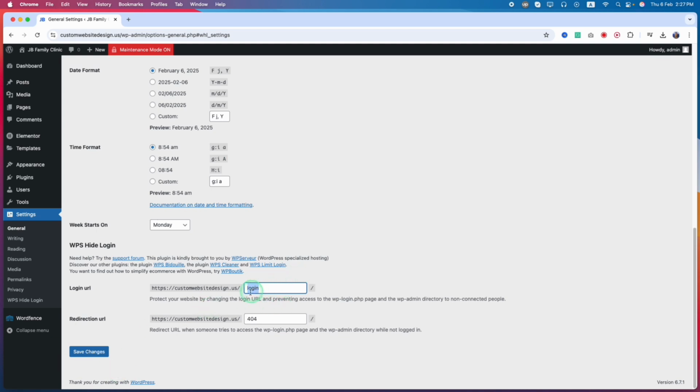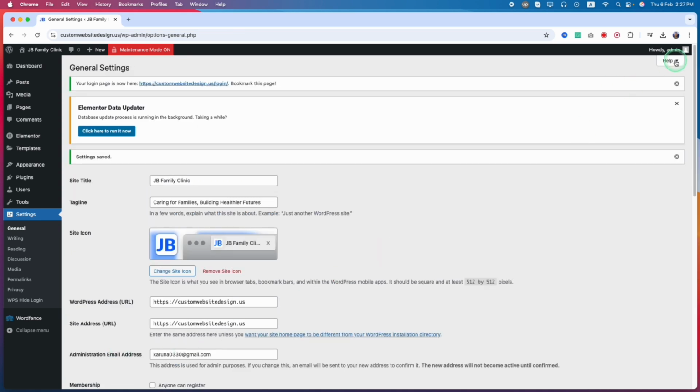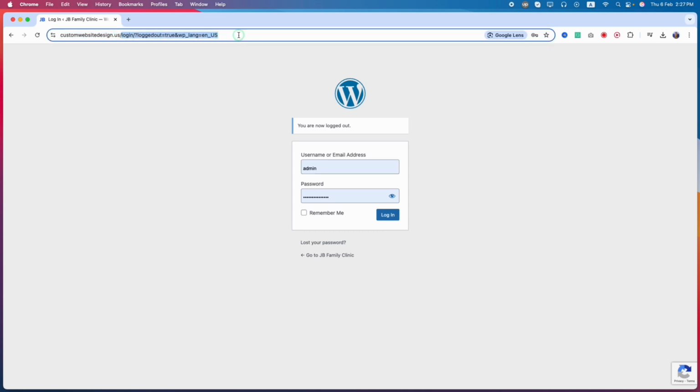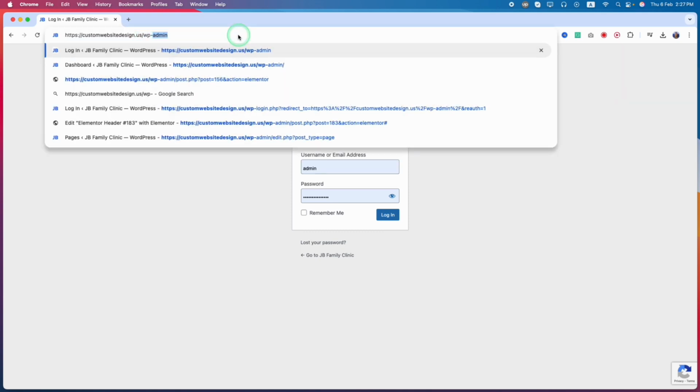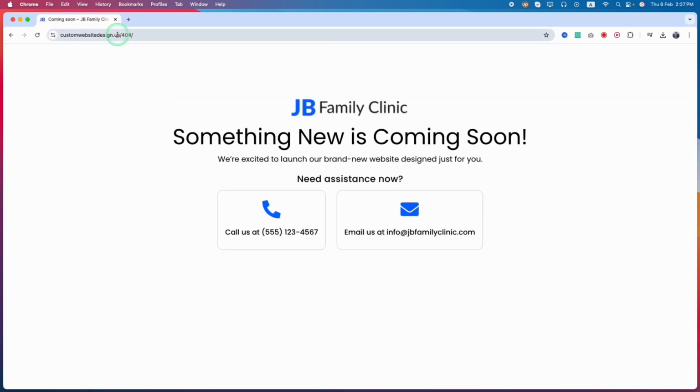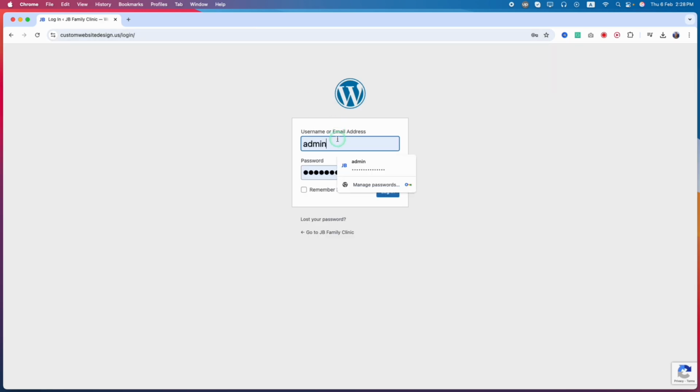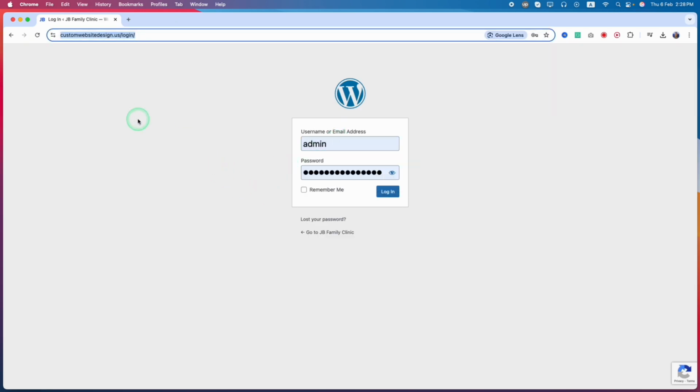So I will just add login and click on Save Changes, and then I will click on logout. When I click on logout, our page URL changes to login, and now if I try to add wp-admin, it will redirect to the 404 page. So let's add login here, and now you can share this URL along with the username and password.